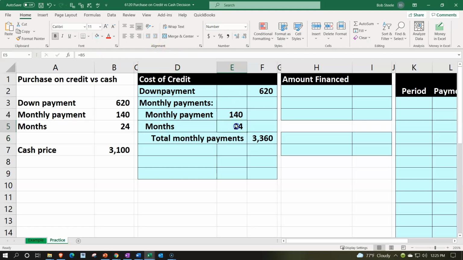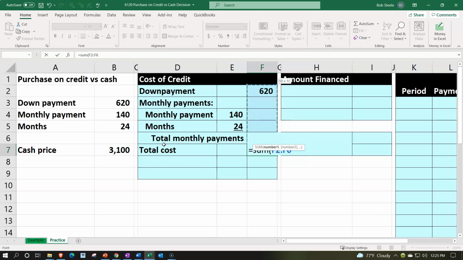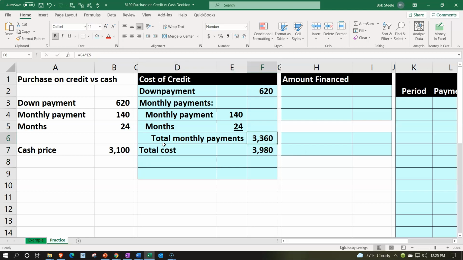Let's put an underline under the 24, underline. So that's going to give us our total cost. Let's call it the total cost, which will be equal to the down payment. Let's use a trusty sum function, equals the SUM, shift 9, up arrow. I'm holding down shift, and then I'm scrolling up, and then there it is, and enter. Adding those together, we're going to underline here, font group and underline, and so we have the total cost if financed, not taking into consideration time value of money, of the $3,980, which we could then, of course, compare to